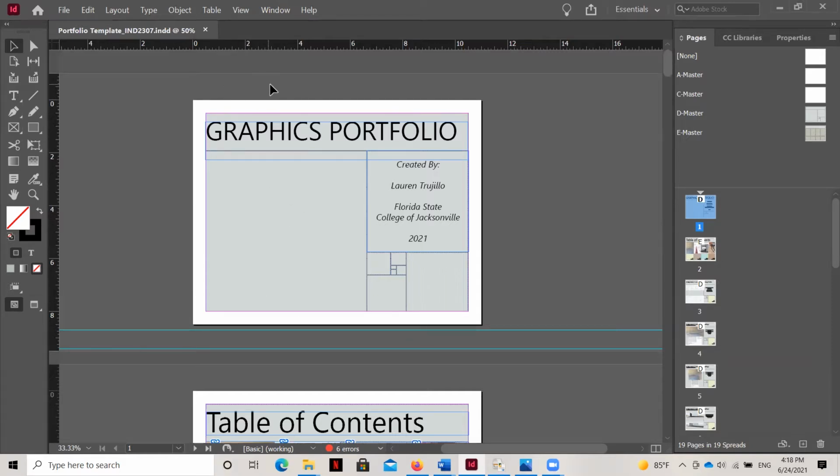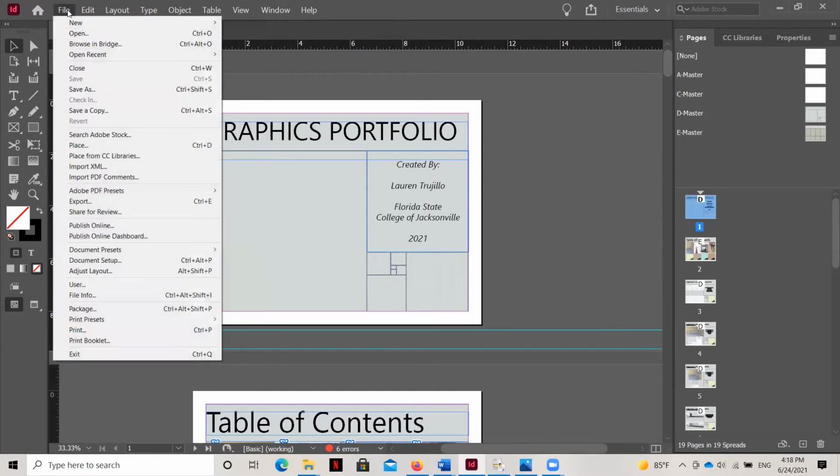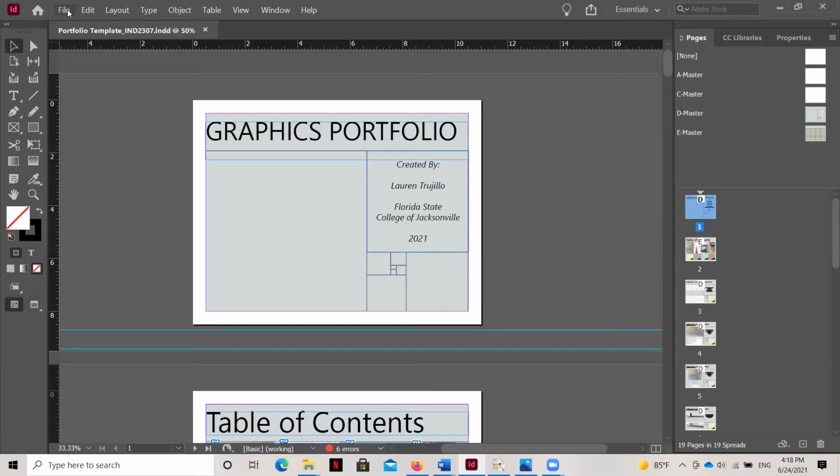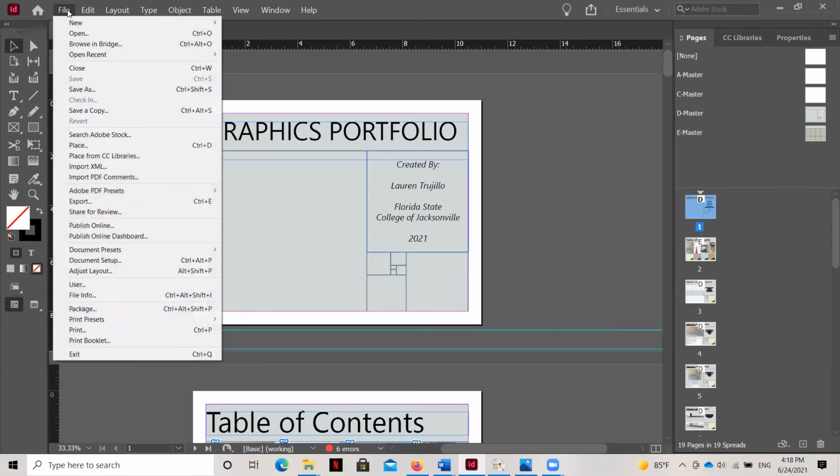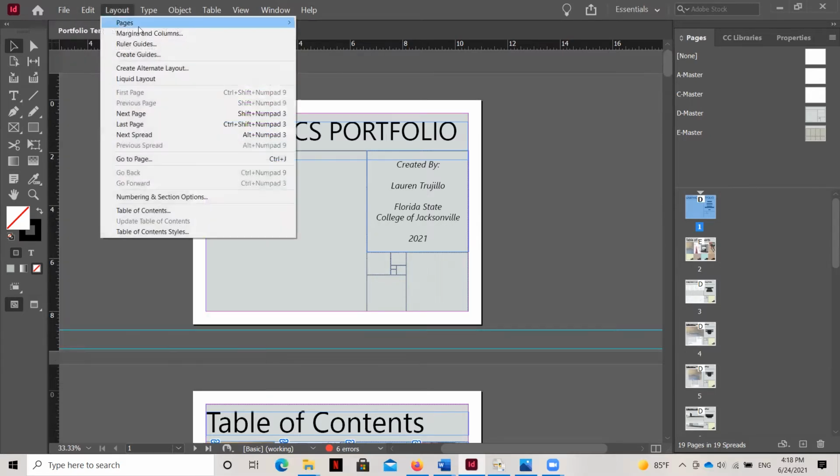And so when you open up InDesign, it's going to have that preview of the page. And then instead of on the left side, as we see in PowerPoint, on the right side, you'll see the list of all of the pages within InDesign that you can navigate to. Along the top, you'll see the tabs that you can click through and work with different commands within InDesign by just clicking and selecting which from the drop-down menu you want.